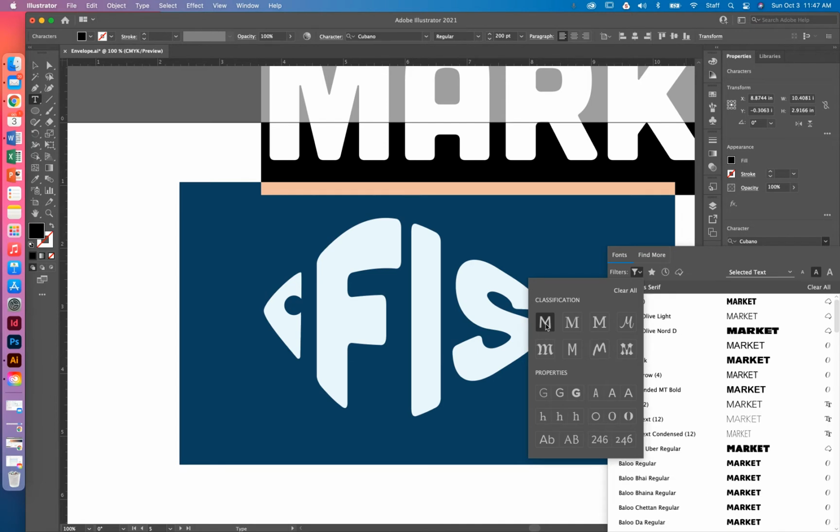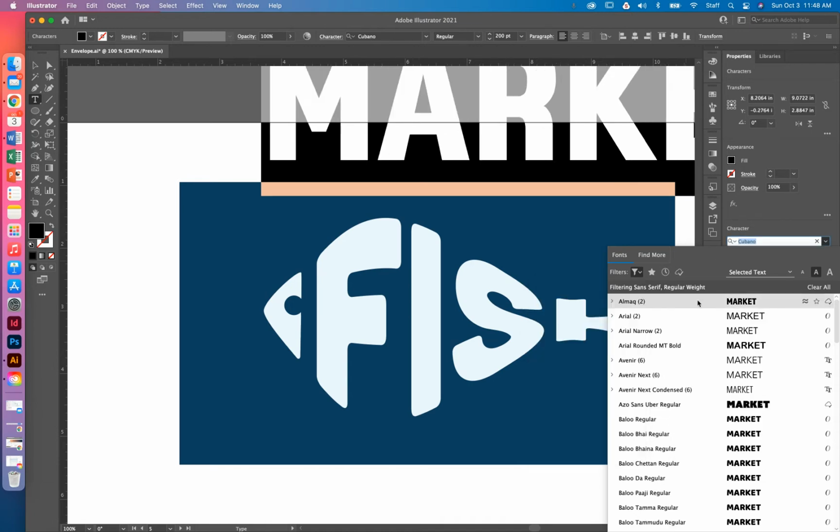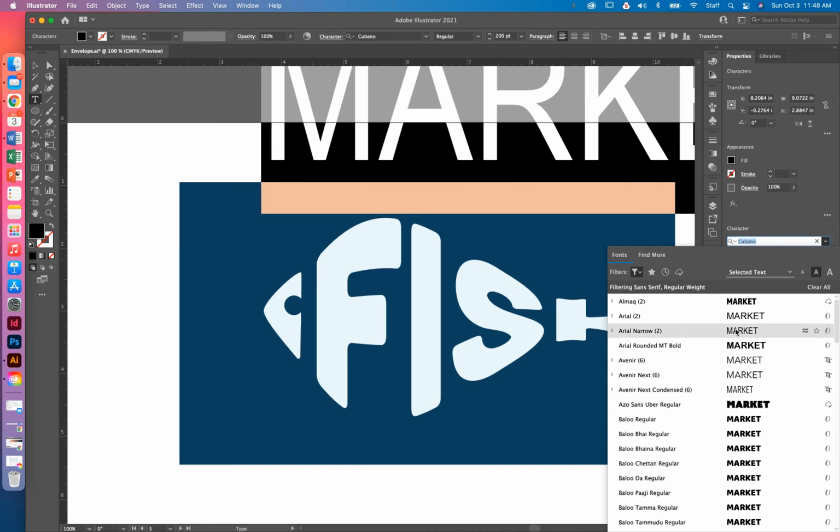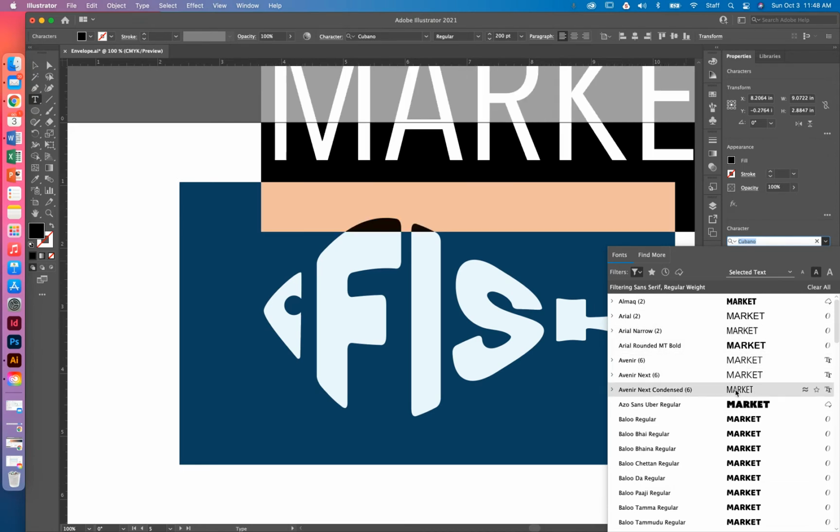Those are ones without the little feet. We'll talk about that later on. And show me ones that are kind of regular weight. All right, cool. So now here you can go through and you can find any of these thinner ones that